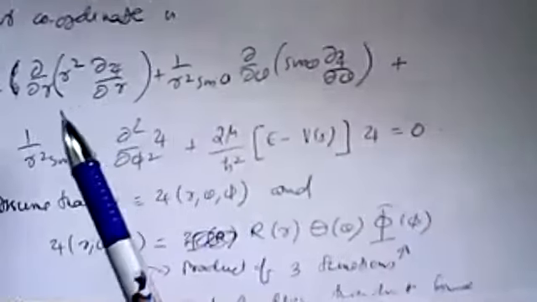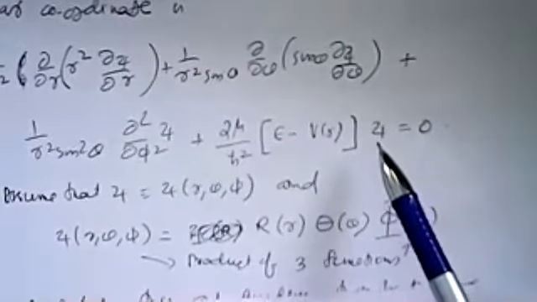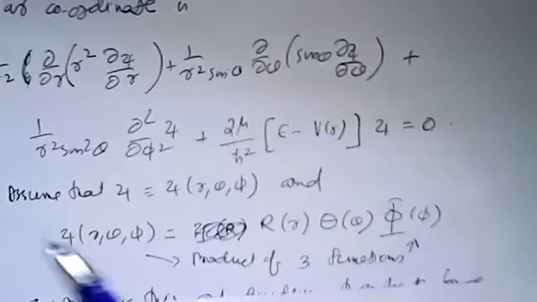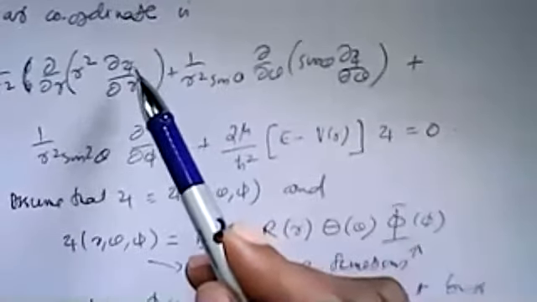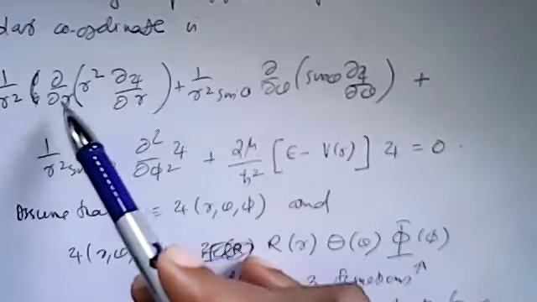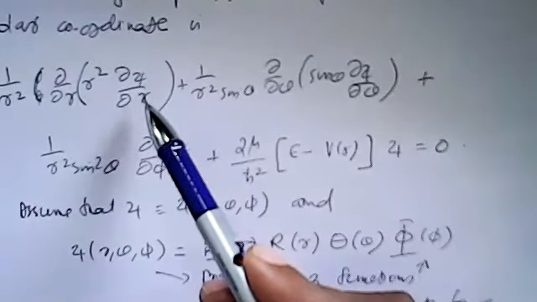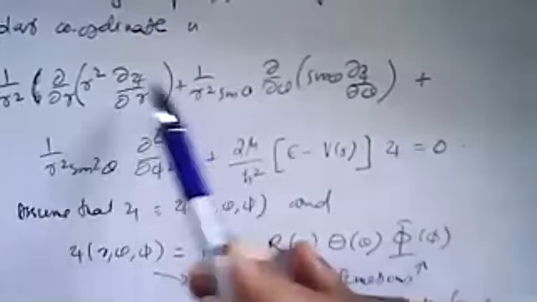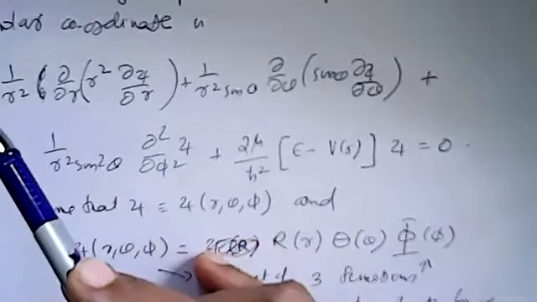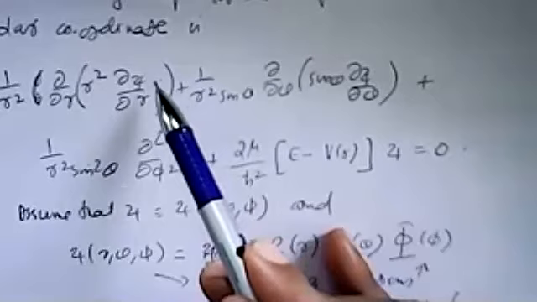Okay. Now substitute this capital R, capital theta, and capital phi here, here, here, and here, at 4 places. And see, when you substitute here, what happens is R, theta, and phi come here, but this is only partial dou by dou r. So capital theta and capital phi are constants for this first term. So you can move that theta and phi to the left side. Only capital R remains here.